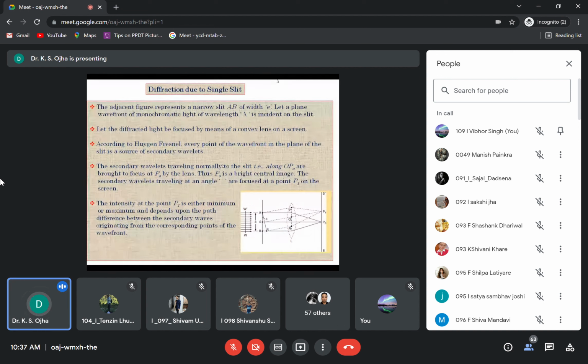Okay. So now we are going into your topic. We have two important topics. First is the diffraction due to the single slit, meaning how we will observe the diffraction pattern if we are using a single slit as an obstacle. And second, suppose we have a diffraction grating, then what will be the diffraction pattern? Okay. So here you will see this figure.